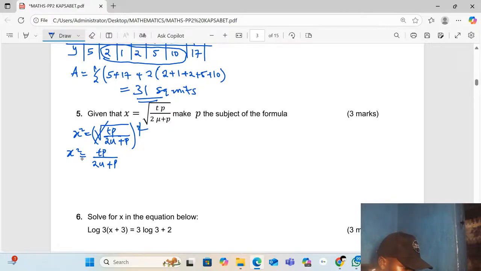So we cross multiply, so that we have 2u times x squared, we cross multiply 2ux squared, then we add x squared times p, we get px squared, which gives us tp. So you collect the like terms, we collect p together,